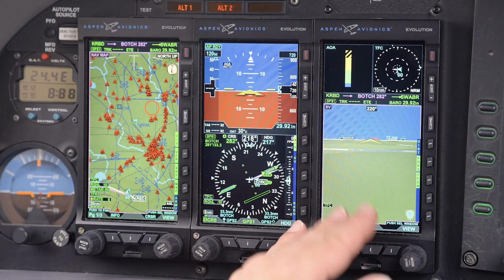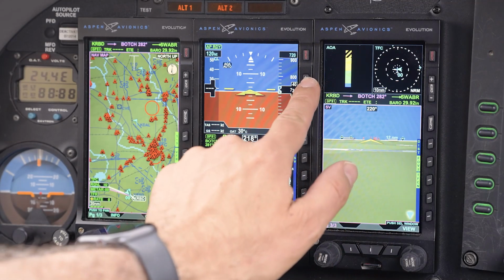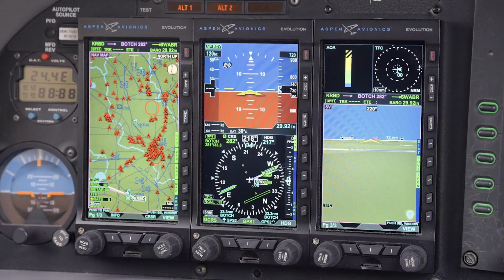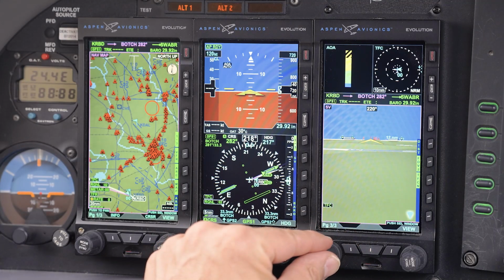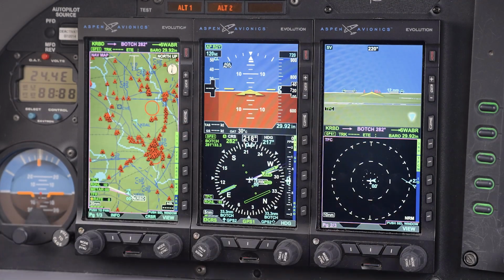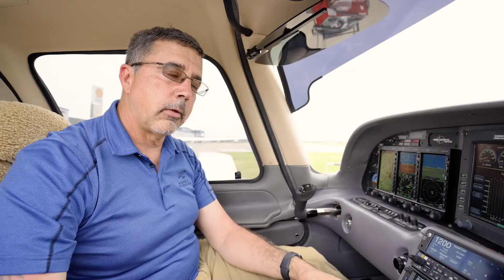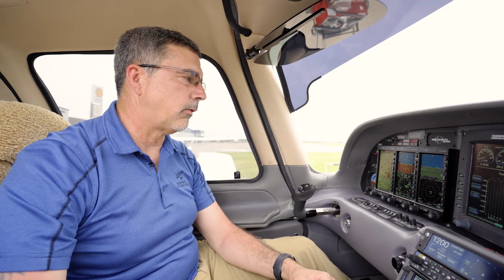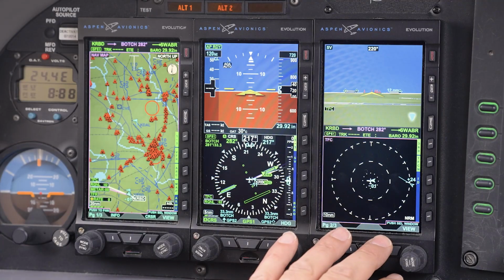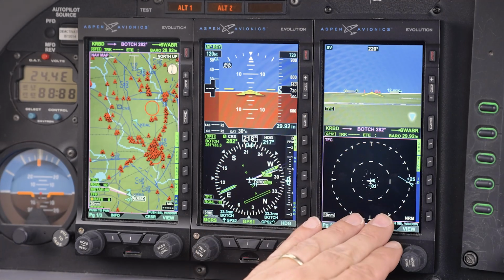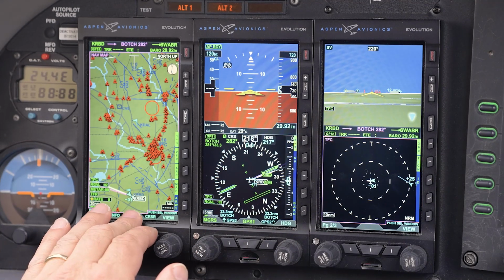Next, on to the multifunction displays. If you recall from takeoff, I like to have my MFD 1000 set up in the thumbnail view, but once I'm away from the deck and at altitude, angle of attack is no longer doing me any good, so I'll go to page 2 of 2 on my MFD, and I'll have synthetic vision on top and traffic down below. There are all sorts of different things you can put in each configuration, but this is how I like to fly it. I have my MFD 1000, synthetic vision, and traffic on the bottom,